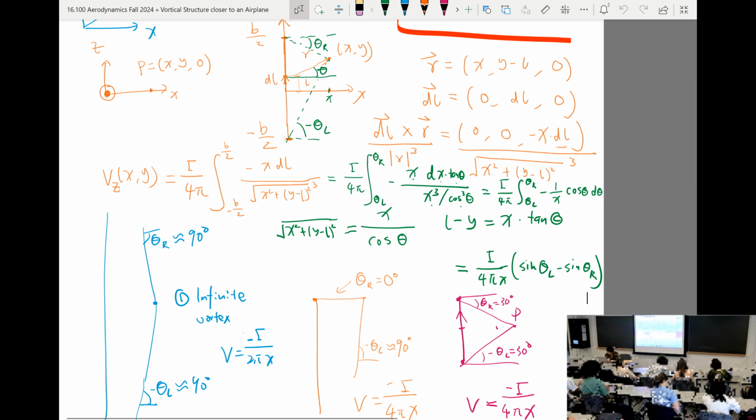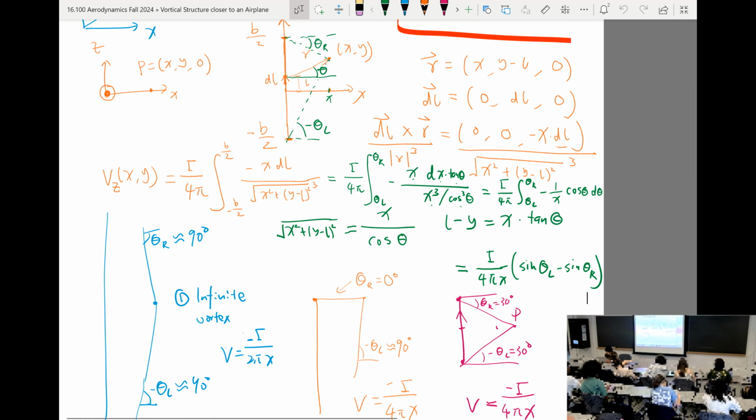And I would get minus theta L is also almost equal to 90 degrees. But I have my, well, it's hard to draw, but theta R is equal to 0 degrees. So my V is going to be gamma, oh, there is a minus here, I forgot. The V here would be minus gamma over 4 pi x. Okay, and let's just consider one other case